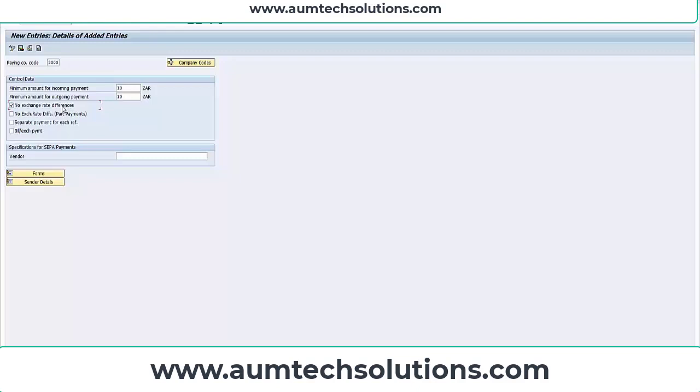Now, at the time of payment, using the payment program, the exchange rate might be different between euro and US dollar. So the program will take the difference between the exchange rate on the date of program payment run and on the date of document posted in SAP system, and this difference is then posted in the SAP. If that happens in case we don't select this checkbox. If we have selected this checkbox that no exchange rate differences, in this case such differences will not be considered.